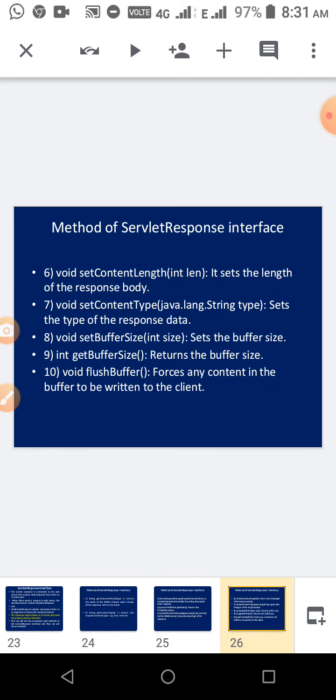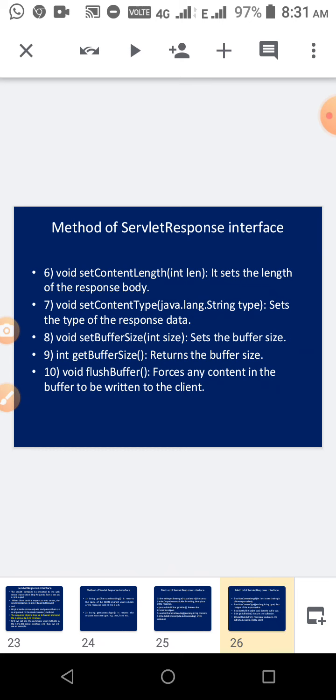And then void setContentLength, which is used to set the length of the response body when we are sending the response to that client. These methods are used to get the details of that response, like the content type of the response data, to set the buffer size, to get the buffer size, and to flush the buffer.